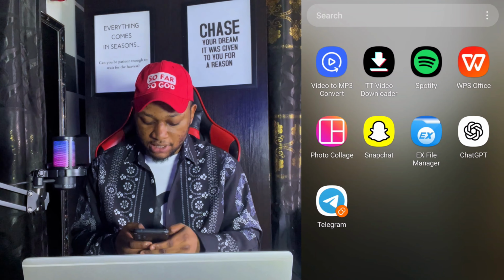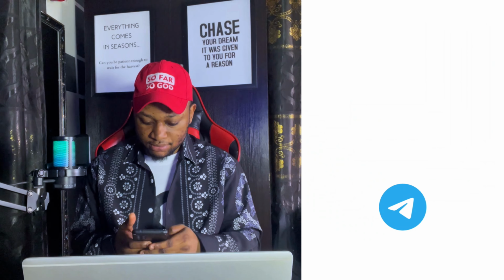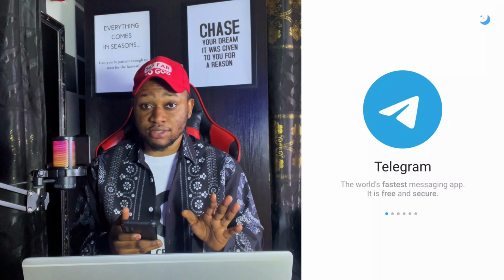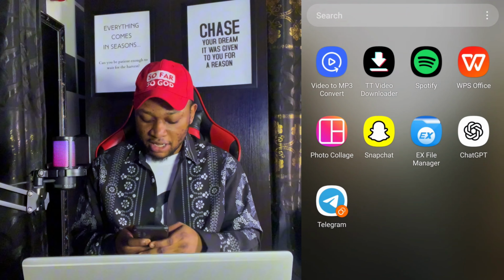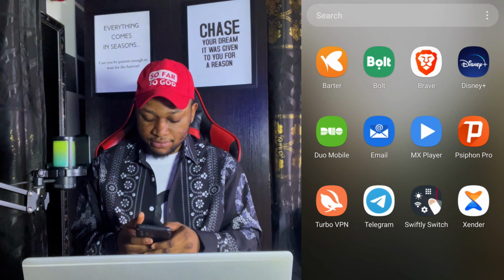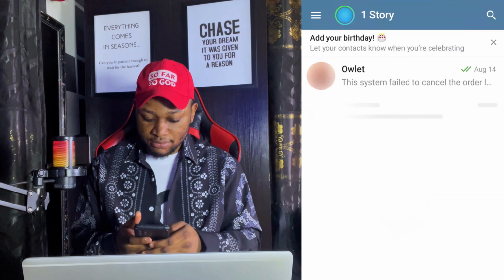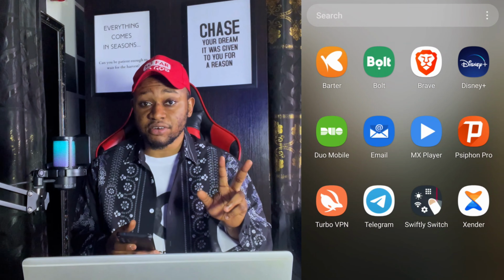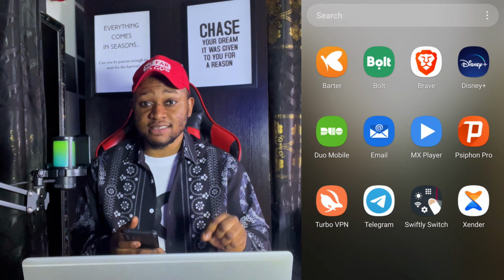So let's open the duplicated version. So you can see the app is opening just like a brand new Telegram app. But if I were to open my first Telegram, you see that I'm already using my first Telegram app. So you can see it. So this is the simplest way for you to actually have two Telegram on the same device at the same